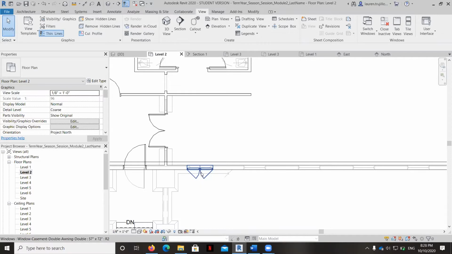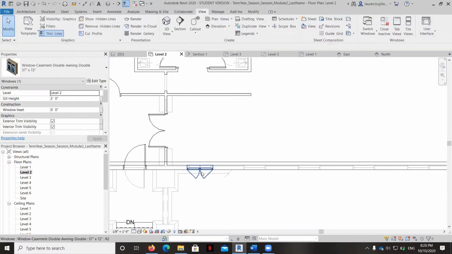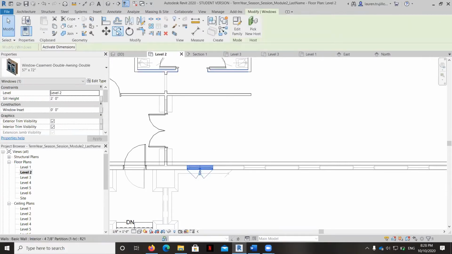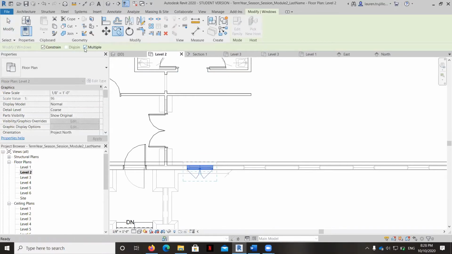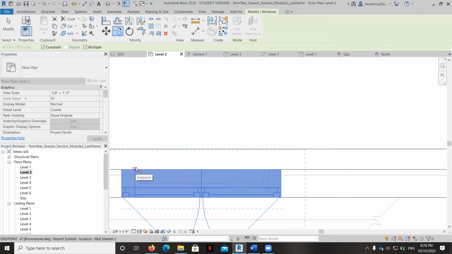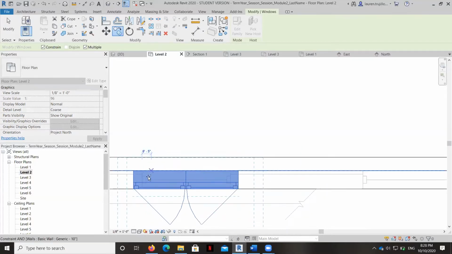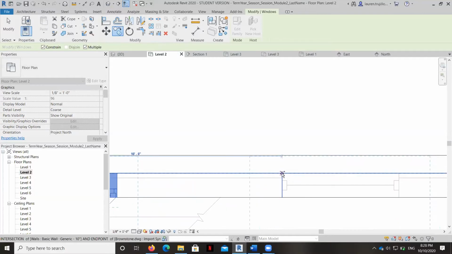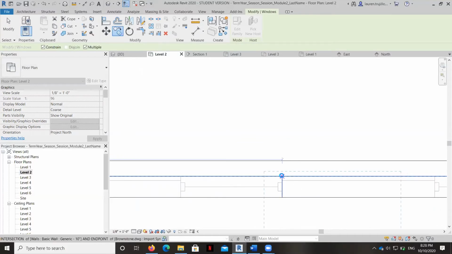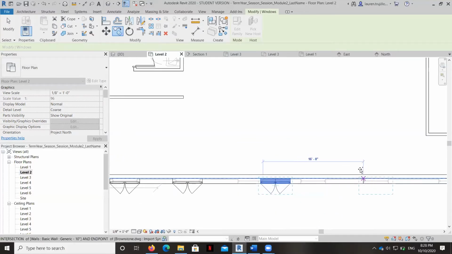I'm going to go ahead and click here, and I'm going to copy. So when I grab this window, I'm going to go to the copy command here, and I'm going to check the box for multiple, which means I want to be able to grab and do this several times, kind of like how we do it in Revit, or pardon me, in CAD. But I'm going to grab the inside portion of this window on the CAD plan so that I can get it in the same spot. Oops, that one needs to move.